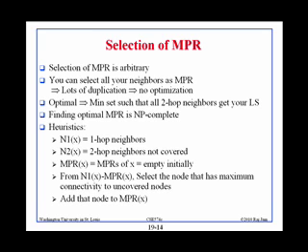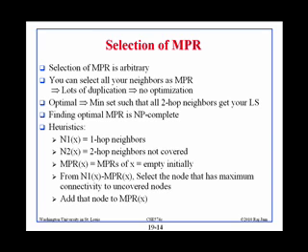Alright. So having known that means that you cannot really try to find an optimal for these things. What you do is you try to find a heuristic. Heuristic means that it will reduce your work, but it's not guaranteed. It will work most of the time. So what is the heuristic? Heuristic here is that you make 2 sets. Set 1 called N1 and set 2 called N2. Set N1 has all the 1-hop neighbors and set N2 has all the 2-hop neighbors which are not covered. And we will see that in an example in a minute.